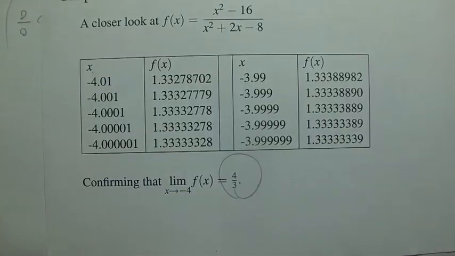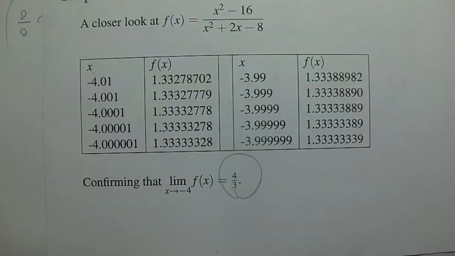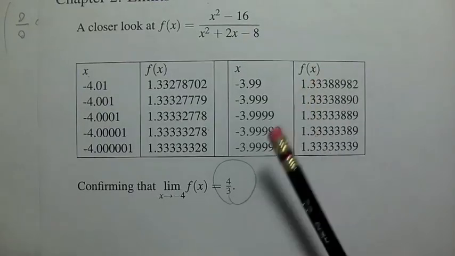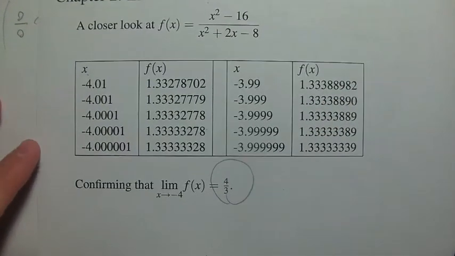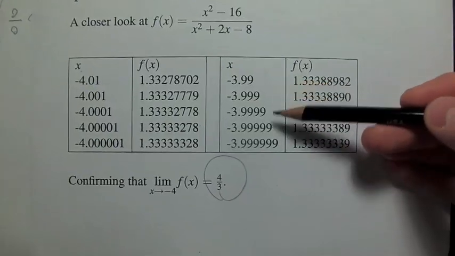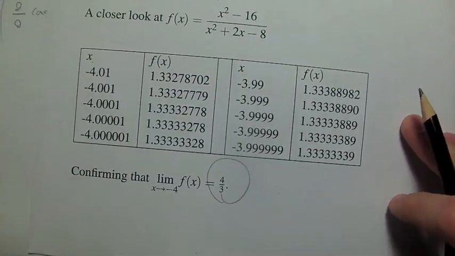Now you might think, well, why can't we just use a table every time? Why can't we always do that instead of this other way we've started, analytically using factoring and whatnot? Well, one, it takes a long time to make tables like this. You notice I have this pre-made because actually sitting down and finding all these values is extremely tedious, and you have to find a bunch to make sure you have a pattern. So for example,